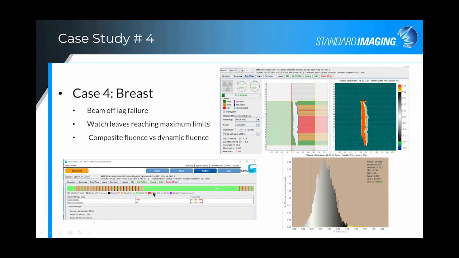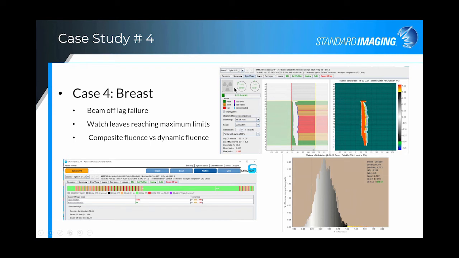And so what's happening here is that all along the plan is being delivered, and then when these leaves get to the fail point, the beam goes off as it should, and then when the leaves catch up, the LINAC beams on again. You can see that it's on, off, but then the synchronization gets just a bit off in different locations. And you can see in the screenshot that I've shown,